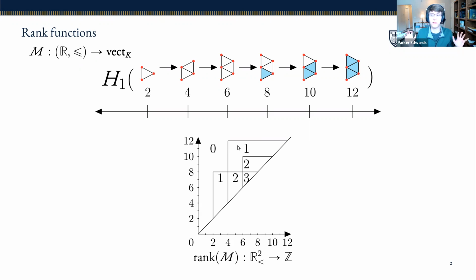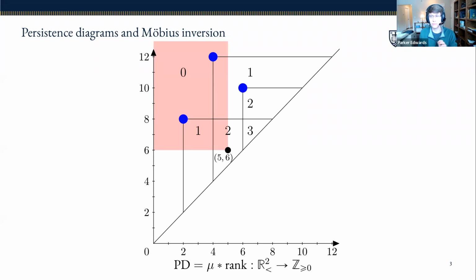Great, and so this, at least in the one parameter setting, gives you, in fact, all of the information that you could want to know, even in the algebraic sense, about the persistence module. And 2016, 2017, Amit's paper, rephrasing the standard description of persistent homology this way is in terms of Mobius inversion. So we usually think about the persistence diagram for these things rather than the rank function or along with the rank function. And you can get this via an inclusion-exclusion formula, but because I want to talk about metric properties